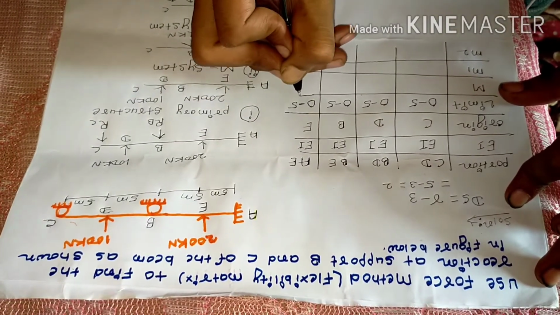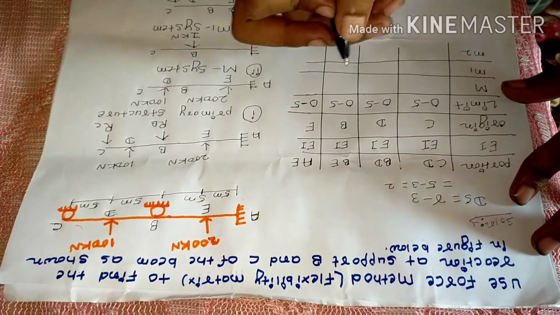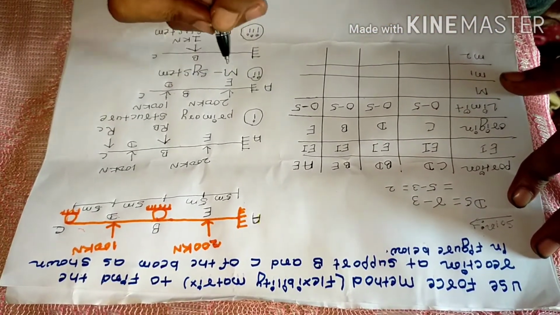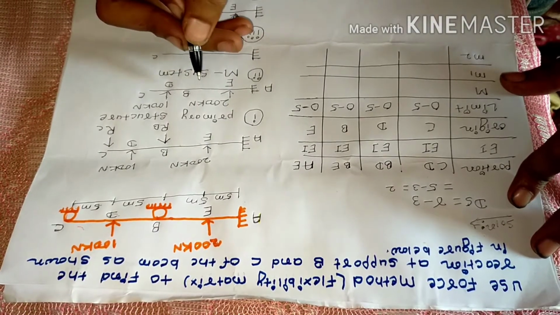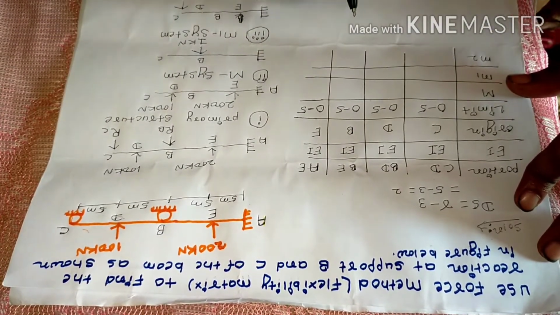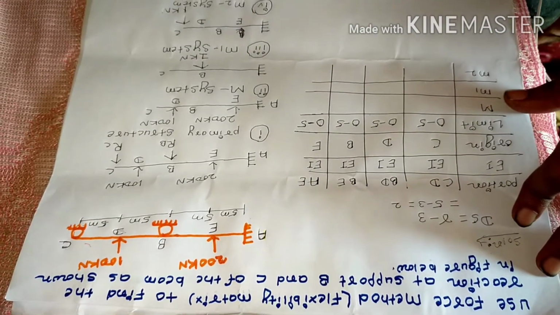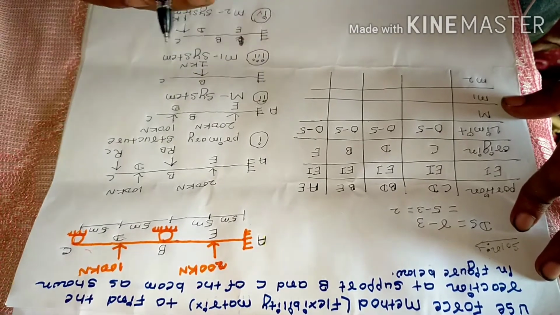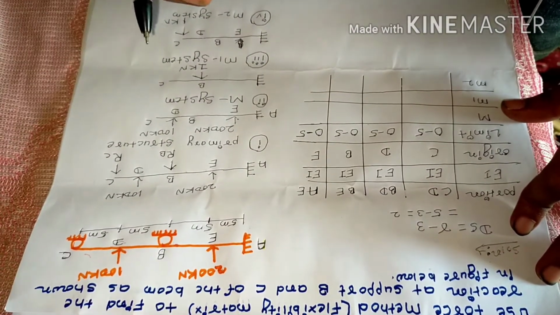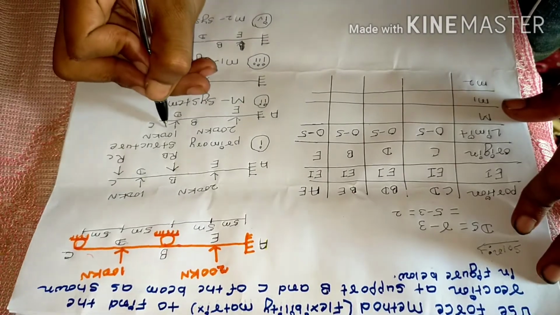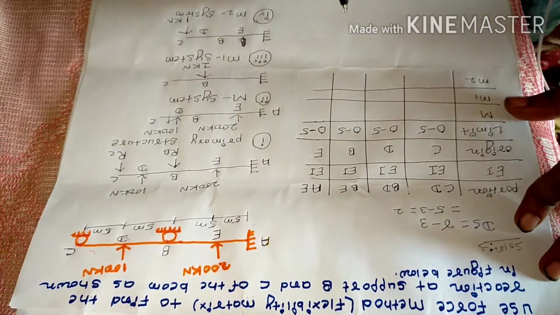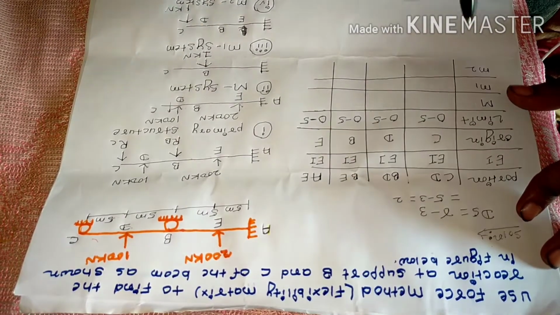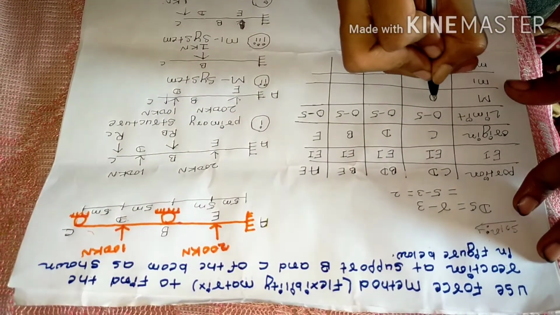Now let us concentrate on the M system. Now we have to calculate the bending moment due to external loading only. Let us calculate the bending moment due to external loading. In figure 2, in the M system, in portion CD, there is no load acting. So if there is no load acting, the bending moment is 0.